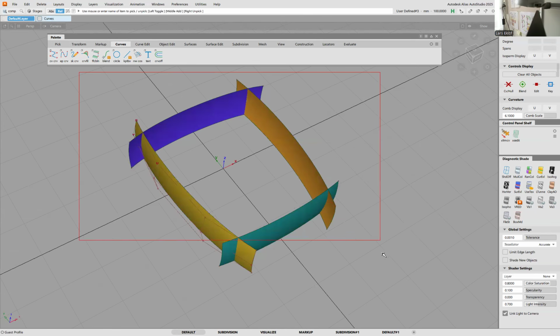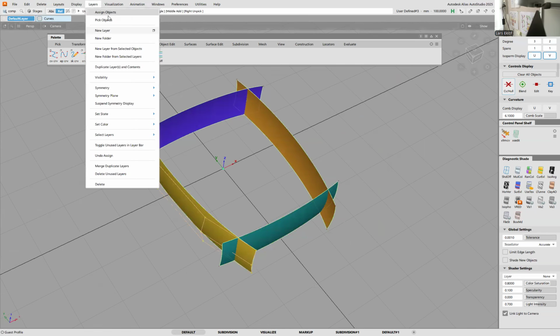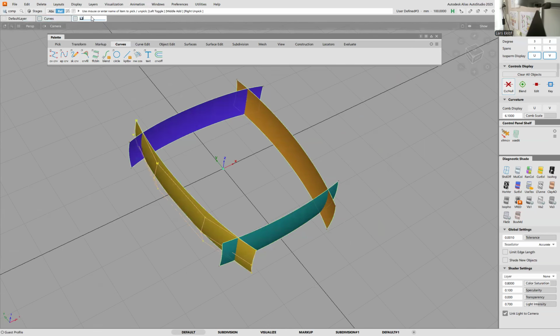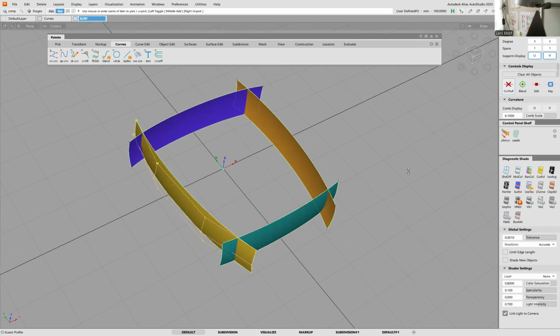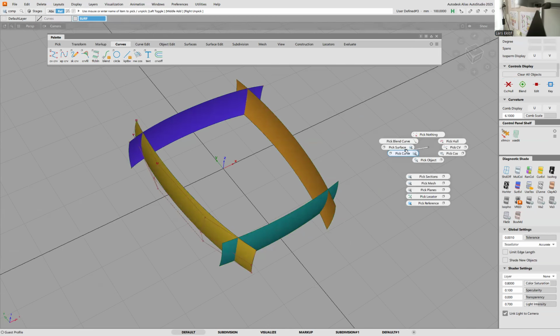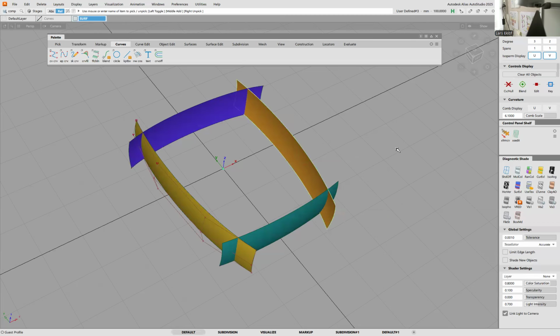So pick surfaces, and then go layer, new layer, and call that surf, and assign my surfaces to here, and I can then turn off my curves like so, and actually get rid of this one. So I'll delete that surface